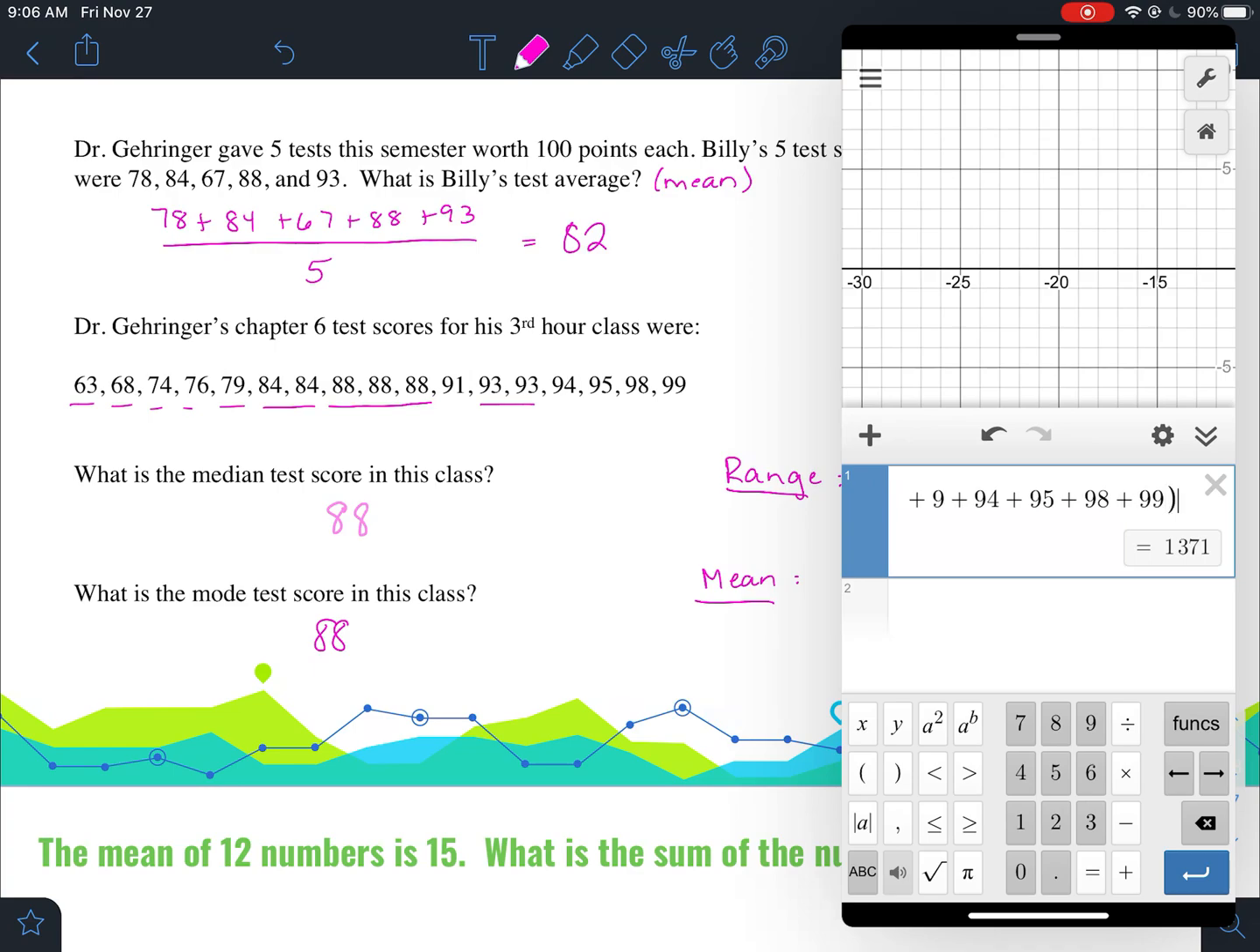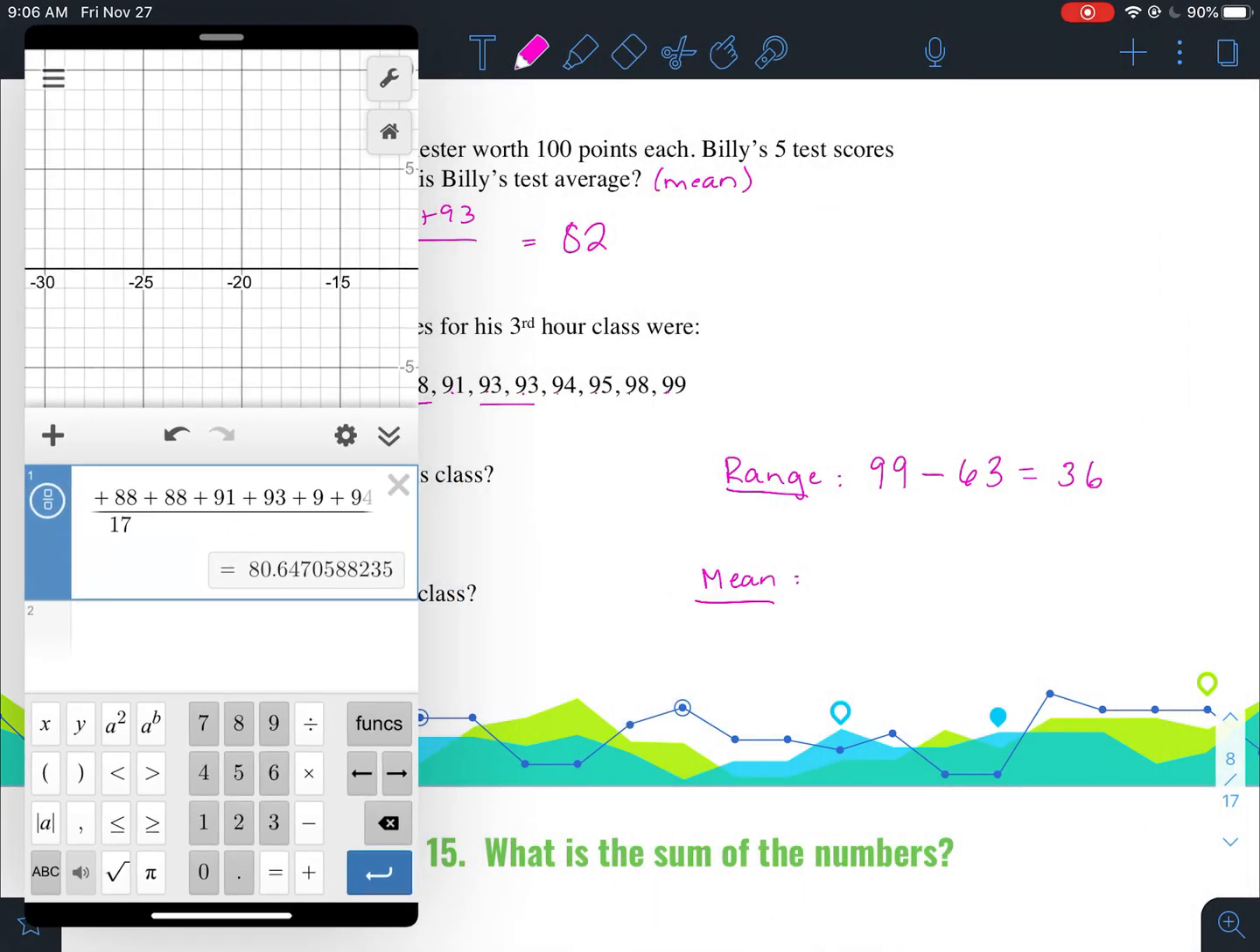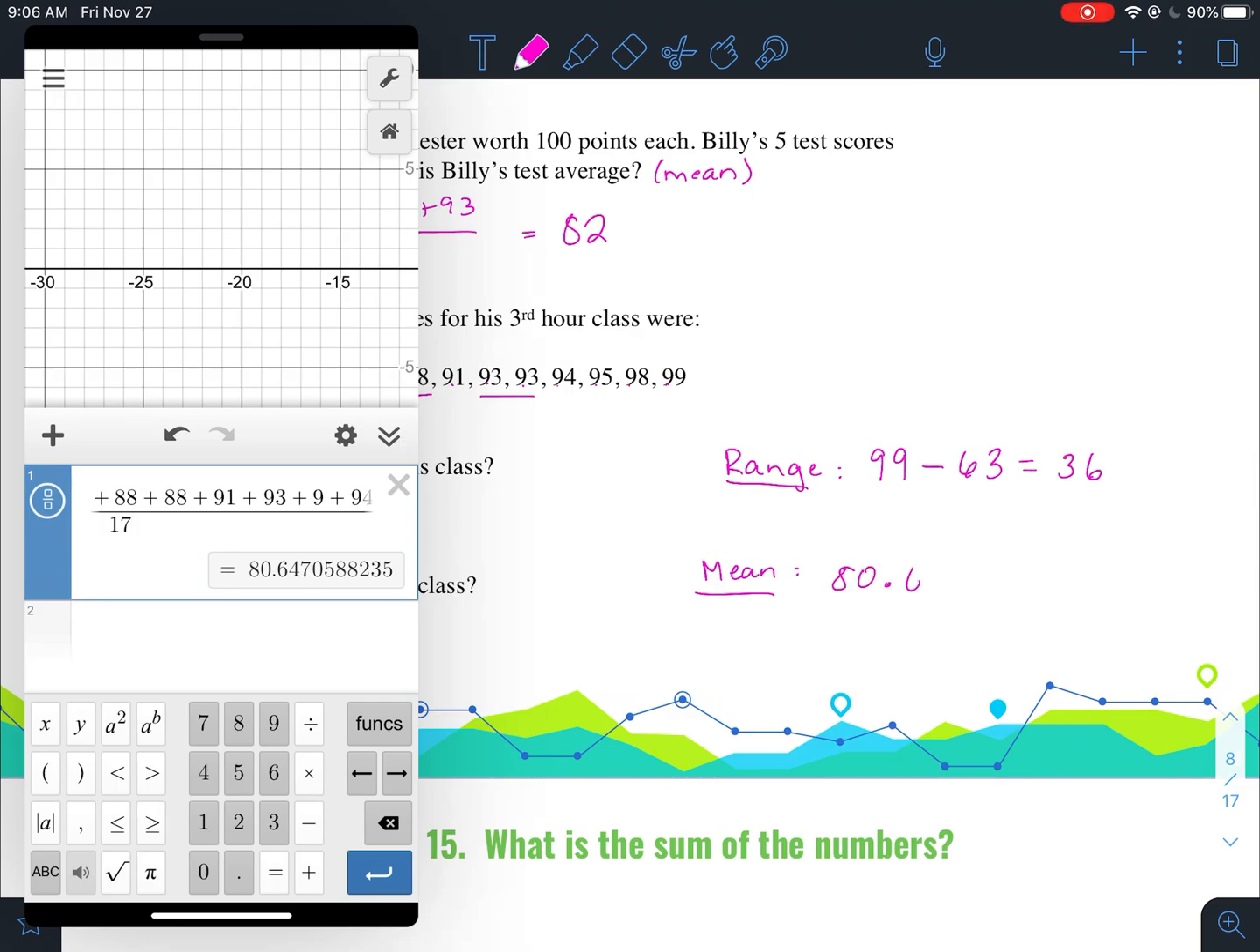And then we would divide that by how many total tests there were. 1, 2, 3, 4, 5, 6, 7, 8, 9, 10, 11, 12, 13, 14, 15, 16, 17 total tests. So we're going to divide by 17 students. And his average test score, or the mean of his test scores, was an